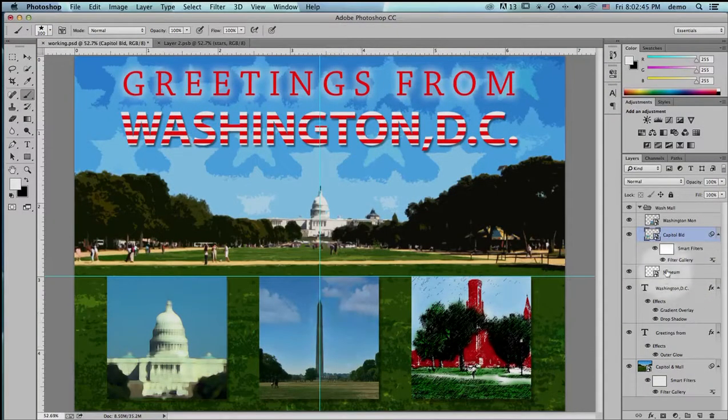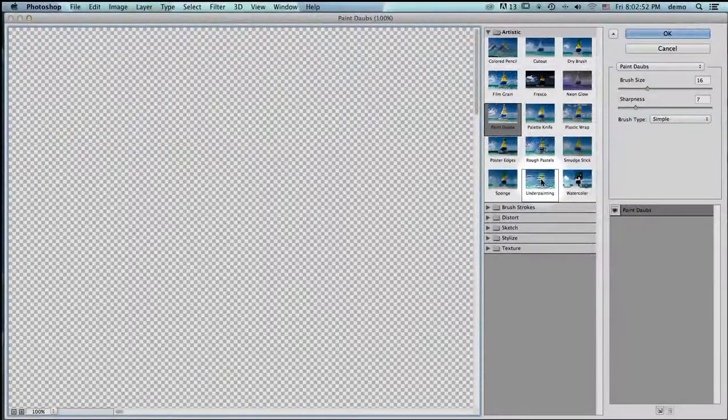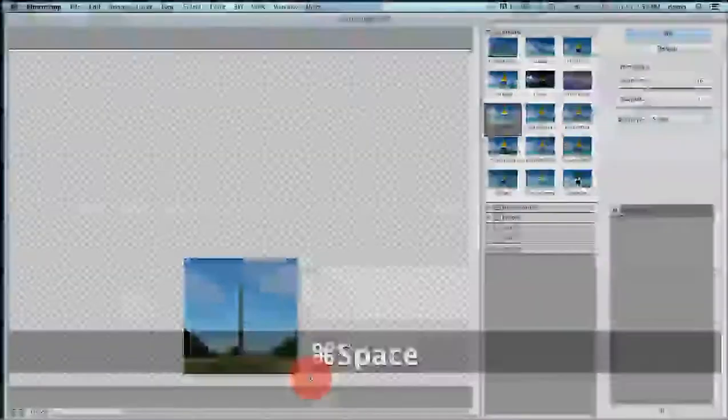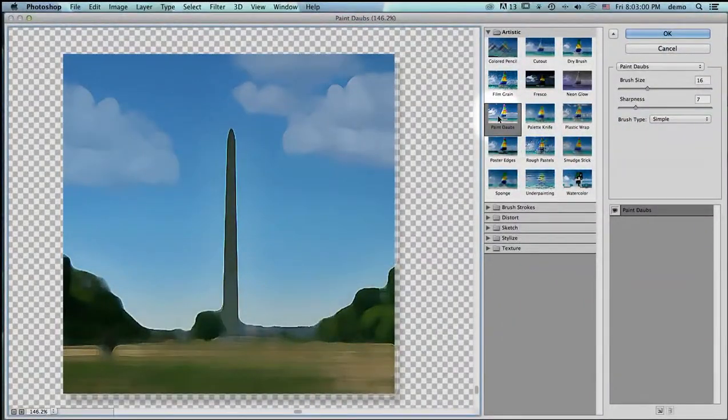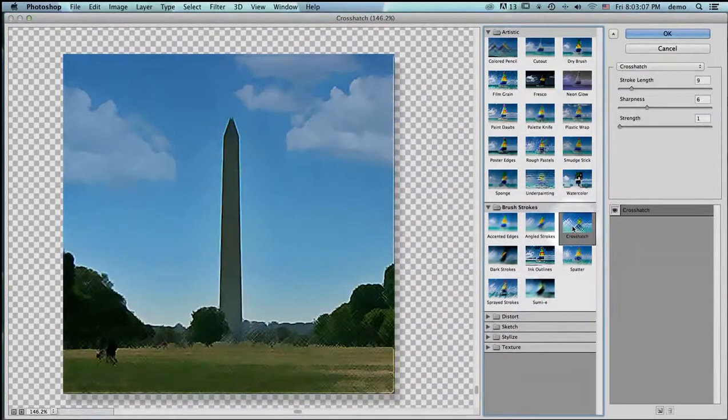And for the Washington Monument, let's see what we've got here. How about, we'll go back to Filter Gallery again because it's so wicked cool. And I'm going to zoom out a bit. There we go. Maybe I'll zoom in so we can see this. By default, it's already doing paint daubs. Let's try something else here. In fact, let's look more at brush strokes, like crosshatch. Here, let's see. If we crank this up,